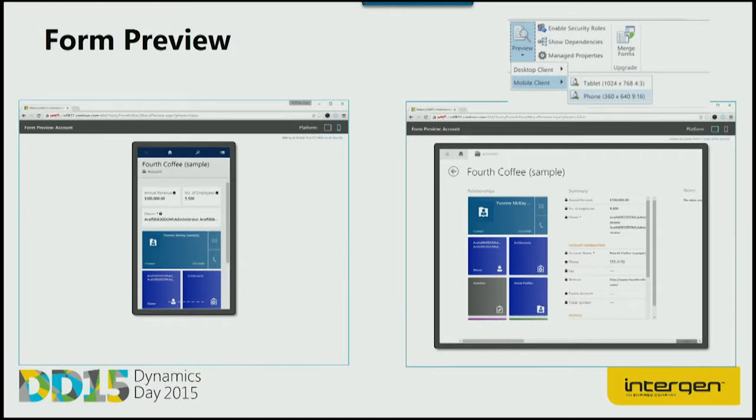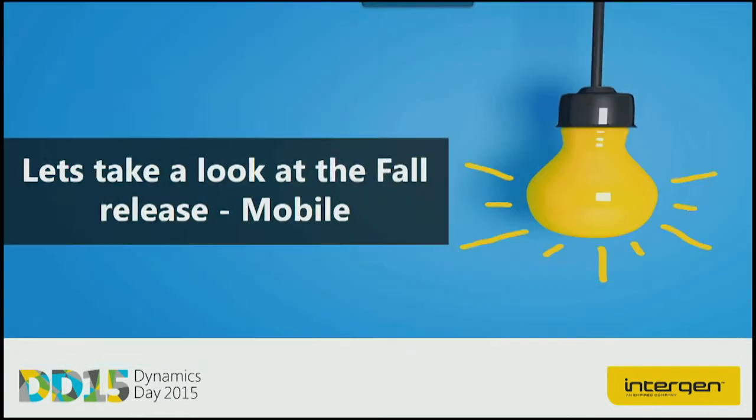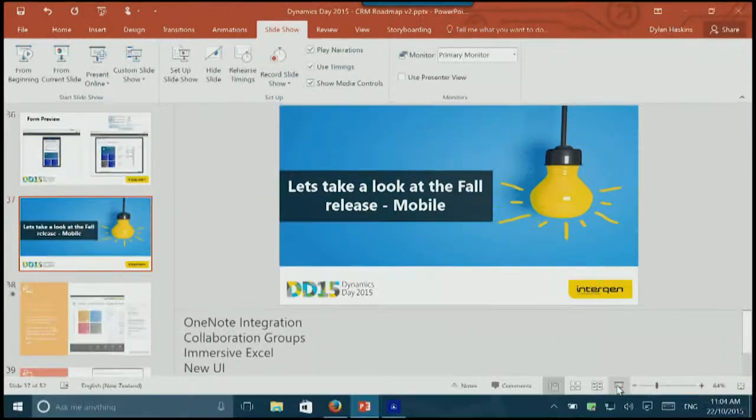Mobile form preview. Through the customization interface for CRM, you can now preview what your mobile form is going to look like in both the phone and the tablet form factor. So it really just makes it much simpler to develop those things. So if we have a quick look at mobile,